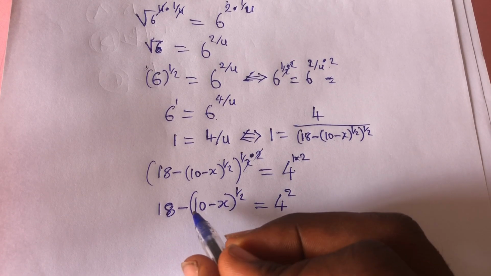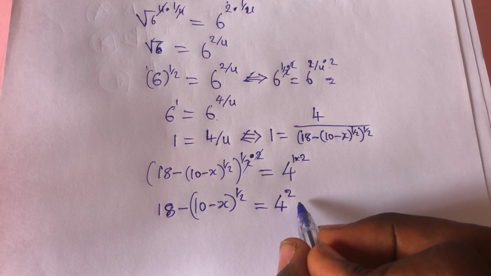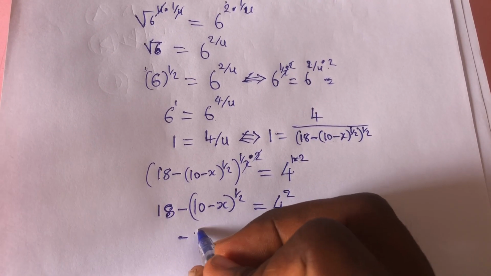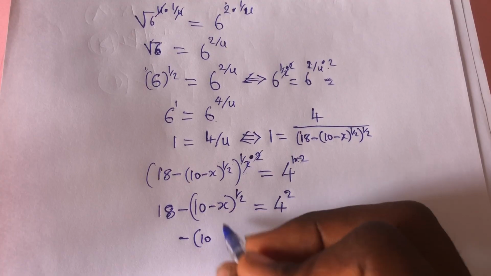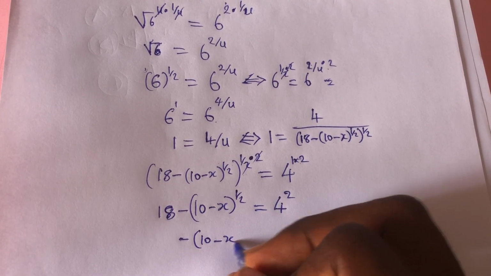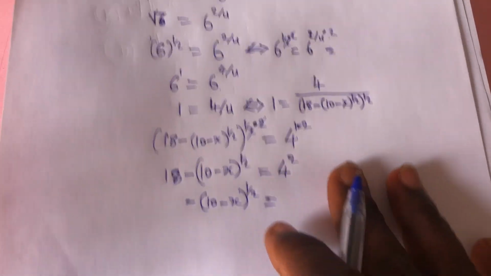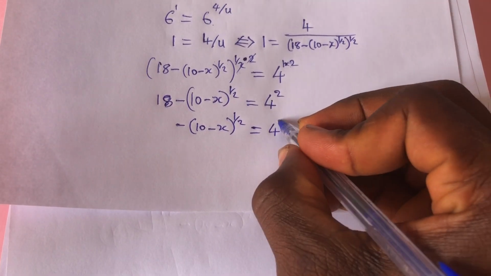So if we take the 10, we can say minus 10 minus x, everything raised to the power 1 over 2, is equal to 4 raised to the power 2